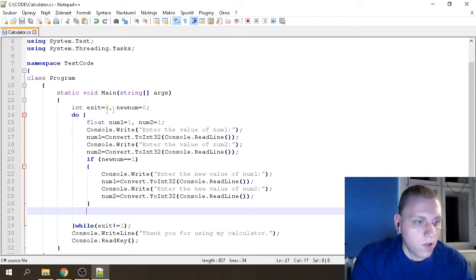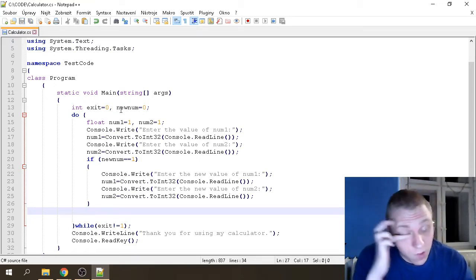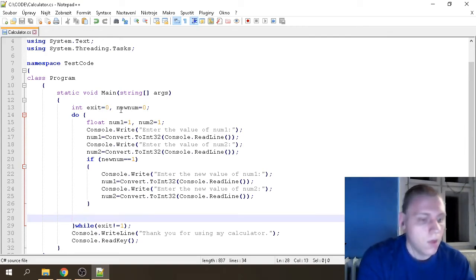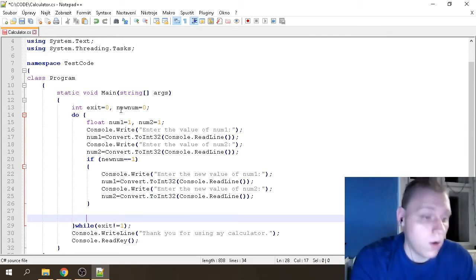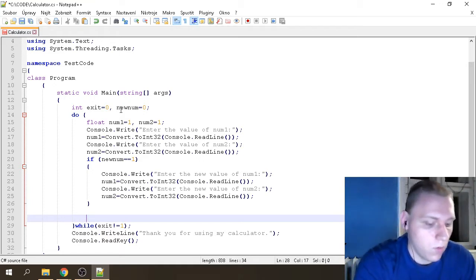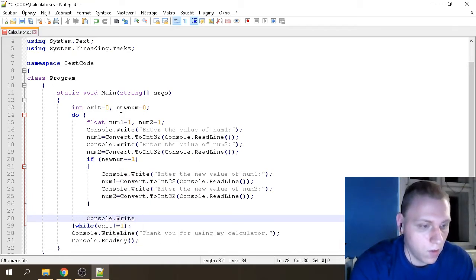So we've defined our exit logic, well, not fully yet, because in order to define the exit logic properly, which is what I'm going to do now. To define our exit logic a bit more properly, we're going to write Console.Write. First we're going to ask them if they want to enter new numbers. So, do you want to enter